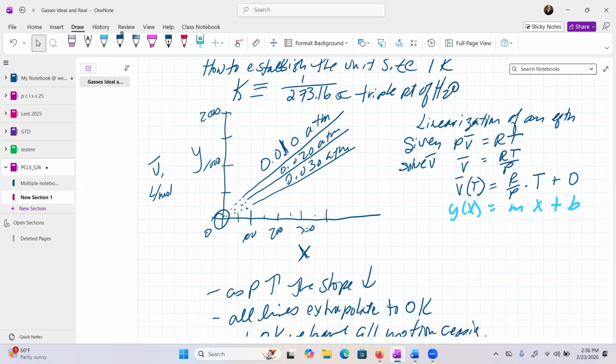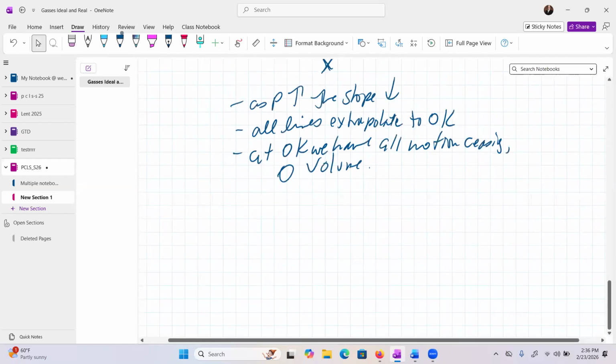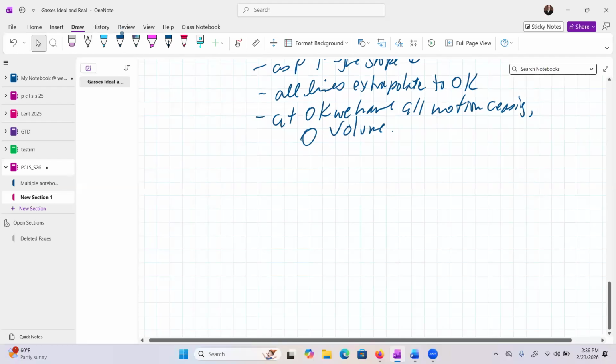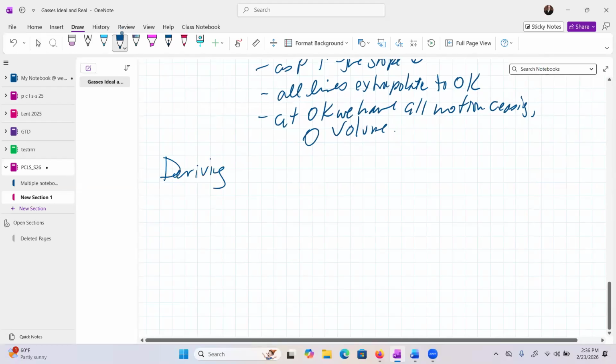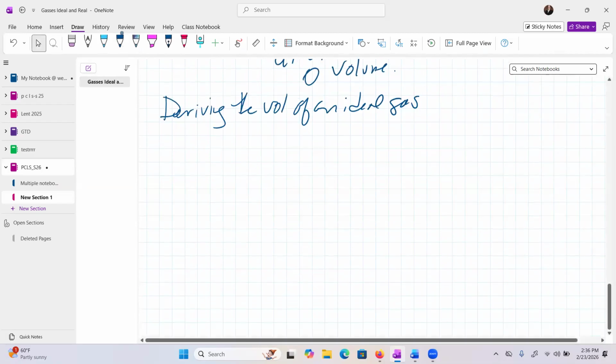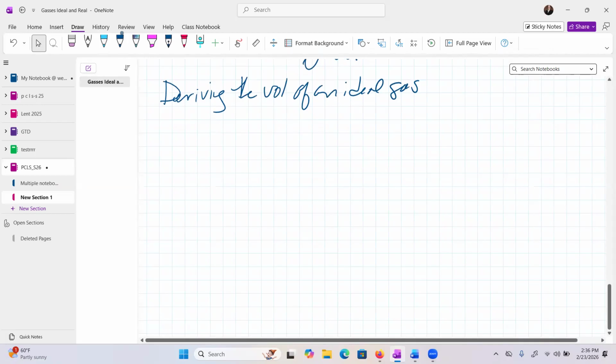So let's derive the volume of an ideal gas. Now you probably actually memorized this number in Gen Chem, but did you ever wonder where it comes from? Let's do the derivation. All right, deriving volume. And who cares about the volume of an ideal gas? It's not real anyway. Well, the reason is that you may be working with some real gases that you need to find the volume of, because you may need to deliver a certain amount.